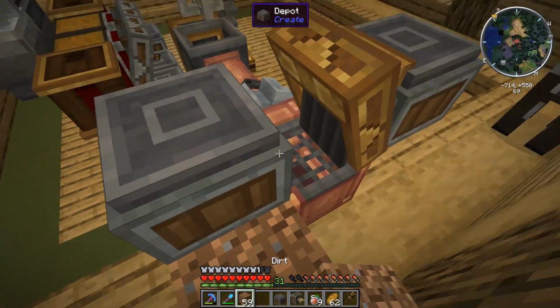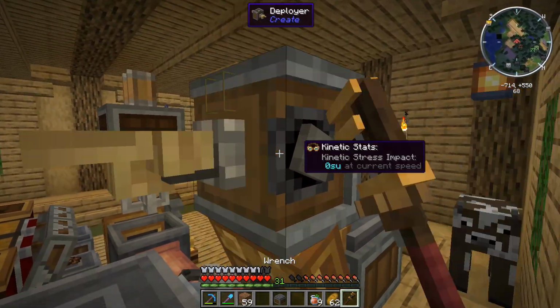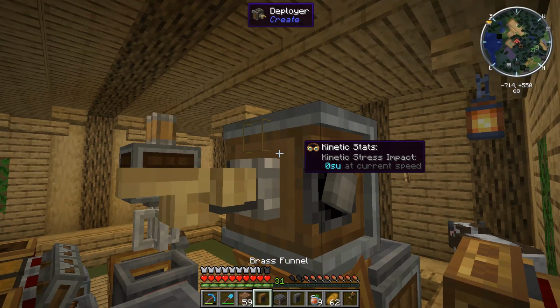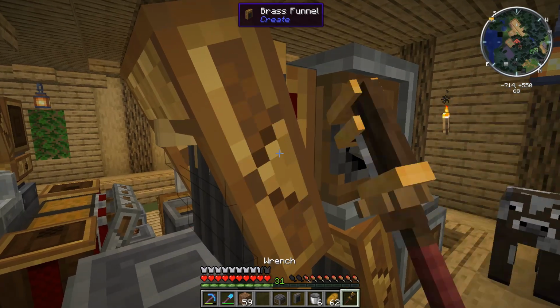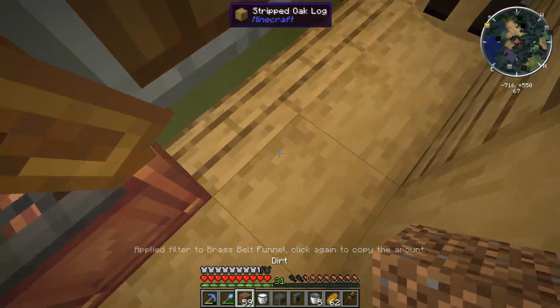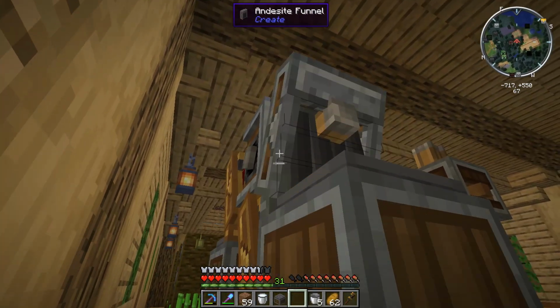And then we need to put down our deployer up top. So let's get up here. And I think we can put it right there. Yep. And then we just got to reorient this like that. And finally, we need to put an andesite funnel on the back and a brass funnel on the front. I am going to set this, though, to use empty buckets before we do that to make it easier. Then we are going to put a brass funnel on the front, get some milk from our cow, put that filter on. Then in the back here, we're going to put down our andesite funnel so that the buckets then